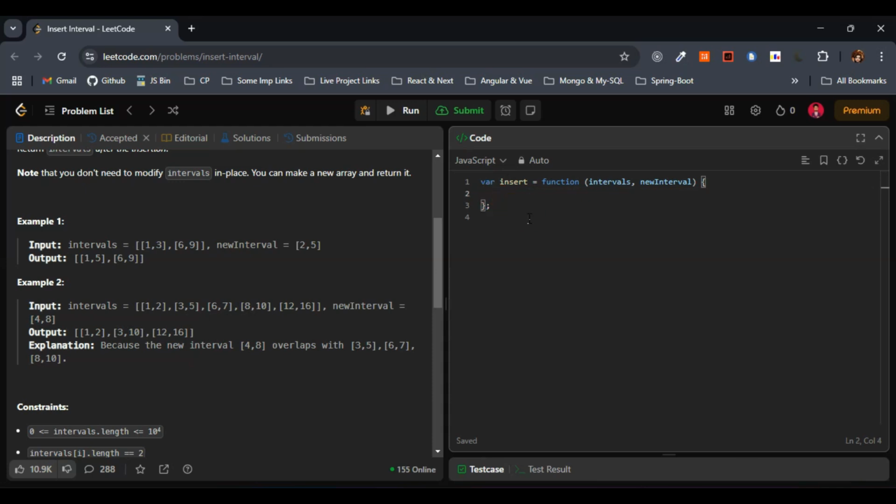Initially we have to store the intervals in the resulting array, right? So let's consider here result. Let's initialize this one to the empty array, and n, let's initialize this one to the intervals dot length. This one is fine. So the next step here is we will add all the intervals that end before the